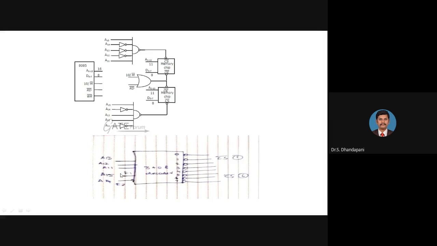We have connected A15 and A14. A15 is 1, A14 is 0. So 1 and 0 means this decoder is selected. So condition number 1, A15 should be 1, A14 should be 0, and this decoder is selected. So for both these logics, A15 is 1, A14 is 0. So we are satisfying both the gates for A15 and A14. The remaining 3 lines are A13, A12, A11.